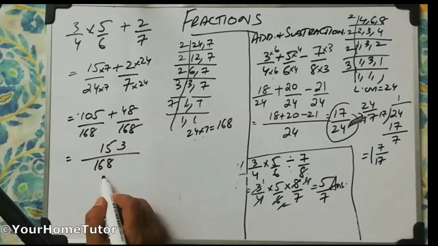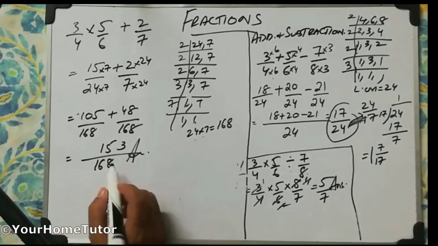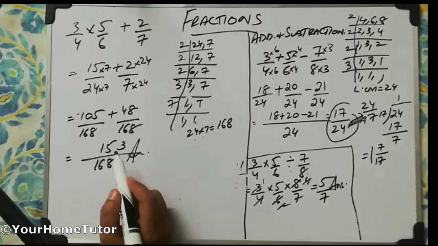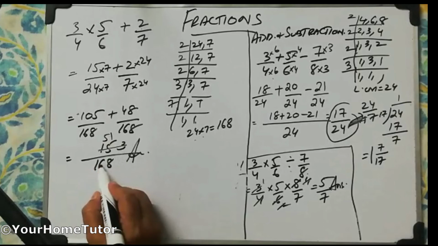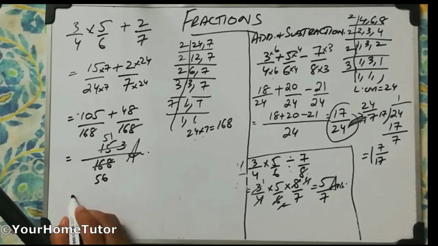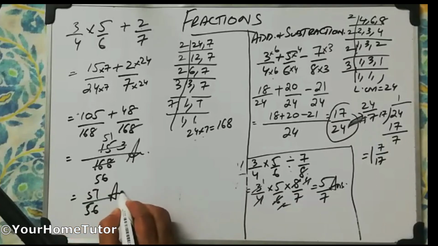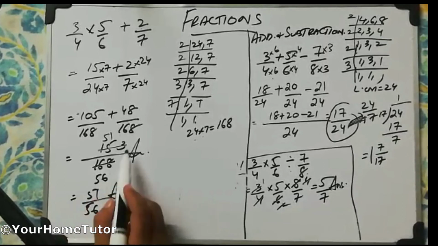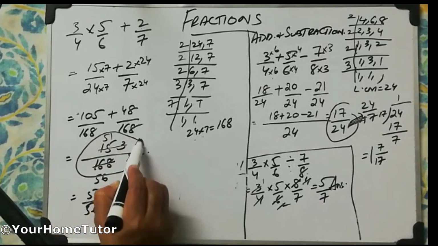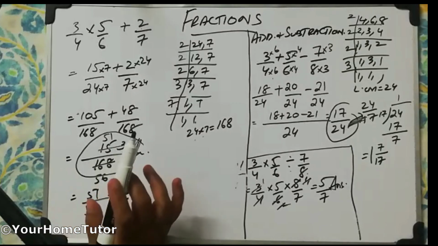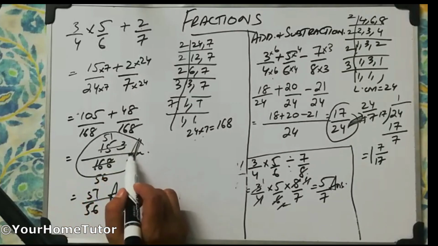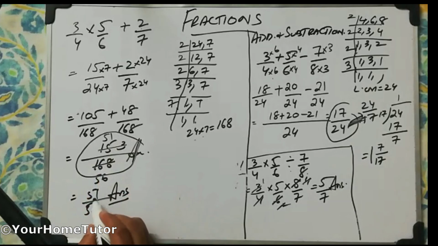Again we have a fraction that we can simplify further. 51 threes are 153, that could be your answer. And definitely you can simplify it further. 51 upon 56, again a proper fraction, so you will consider that as the final answer. If you stopped here, that is also fine, it is not wrong. But it is important and good when you simplify the fractions. So this will be the final answer.